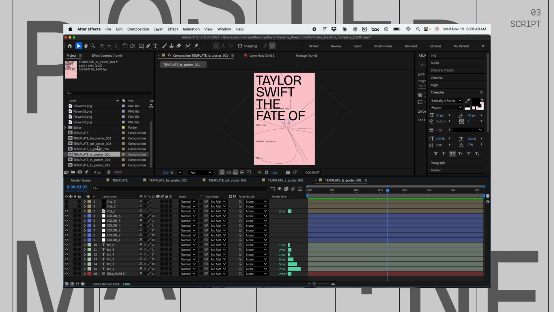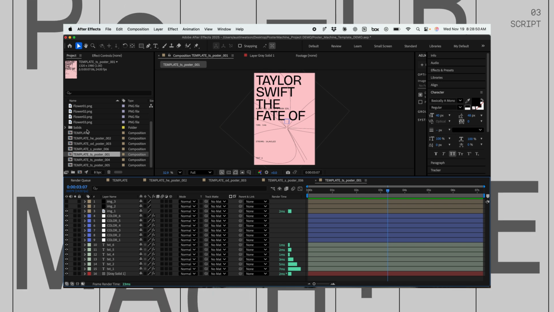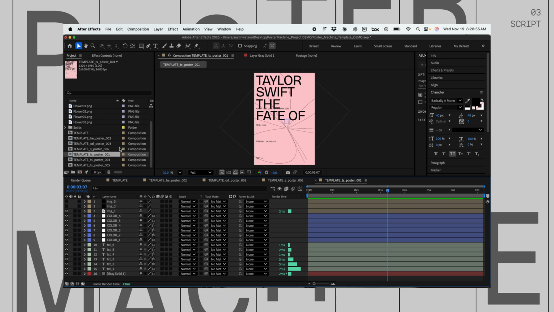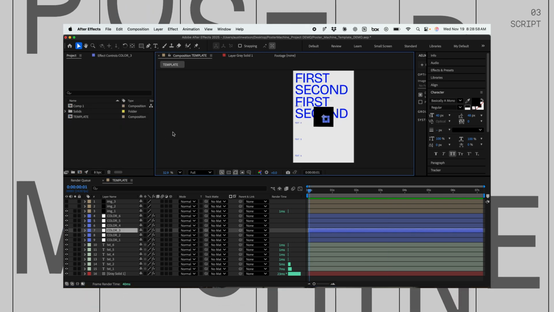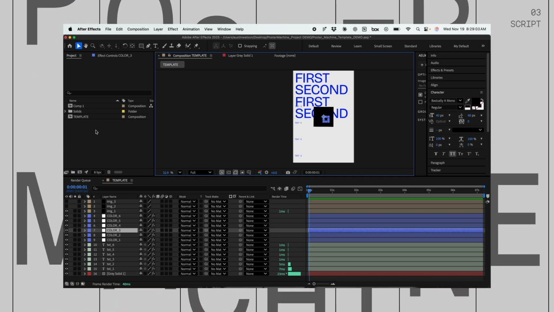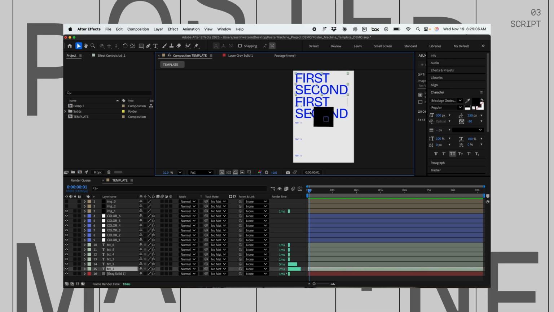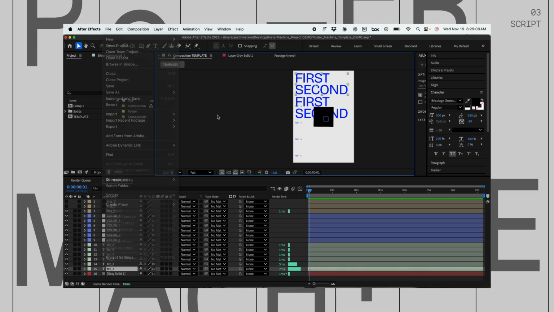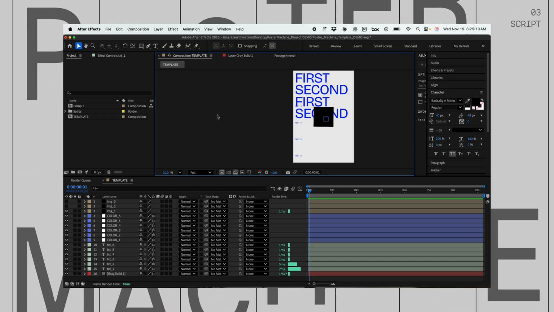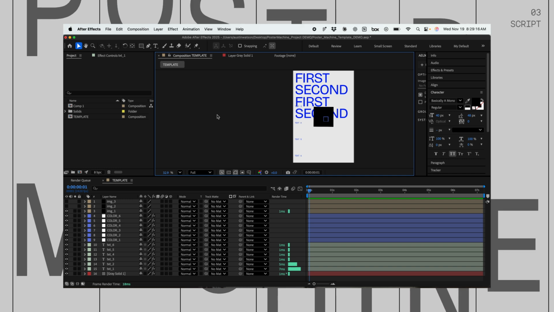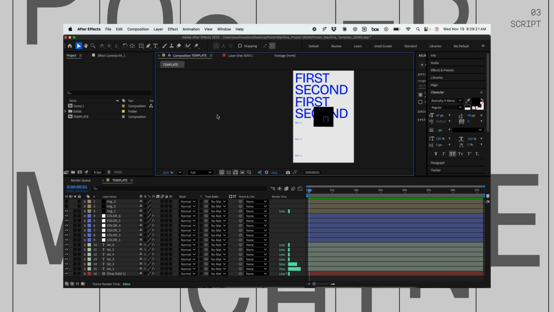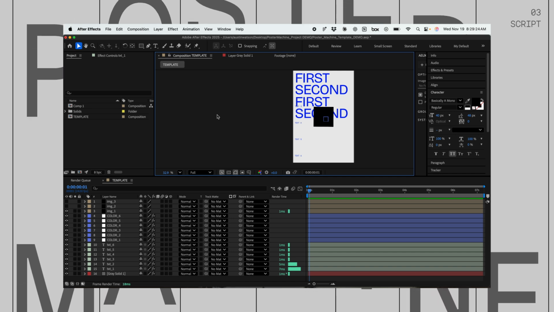What I would avoid doing is just running the script over and over again, because what will happen is you'll end up with so many different templates, and it'll be hard to organize your file. So if you just hit undo, Command Z, you can go back and it'll undo all of those new compositions it made. We can make tweaks to whatever we want, and then go back through and run the script again. So we can think about running the script as kind of our final thing that we can do. We don't want to run it and then leave all those compositions and then run it again. But this is a general look at how